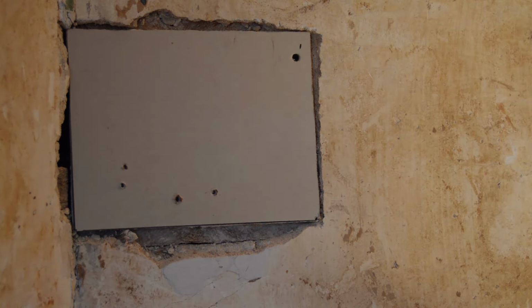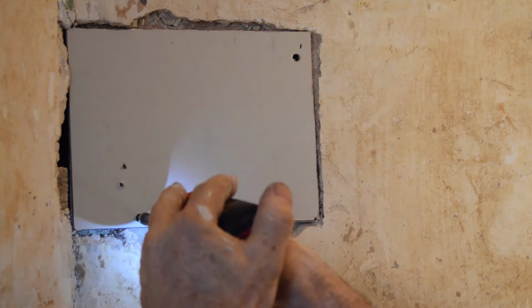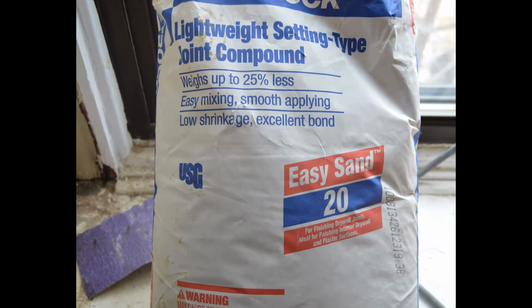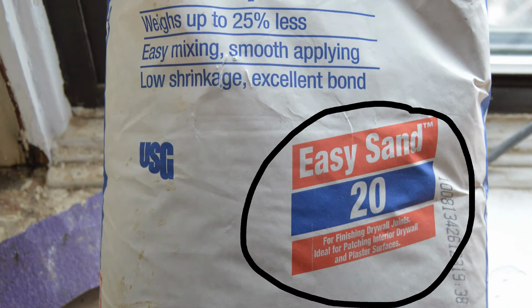Now let's talk about the plaster. Do not get the plastic buckets of spackling. That's too weak. It's not strong enough. You want the stuff that comes powdered in a big bag. It's called joint compound. It comes in various grades. And what we want is the one that sets up in 20 minutes. And you'll see the 20 there. You can get stuff that sets up as quickly as 5, as long as 60, but 20 minutes gives us